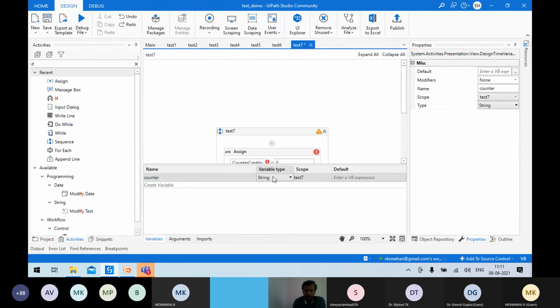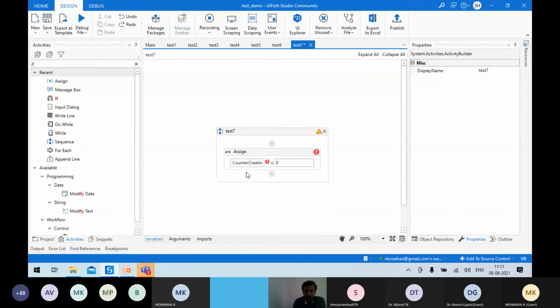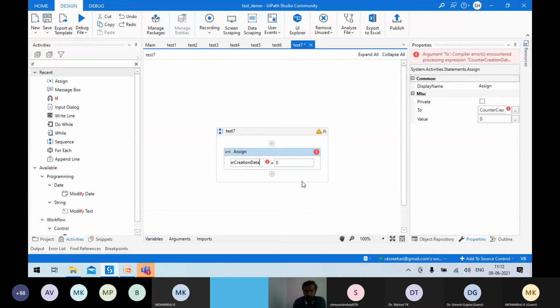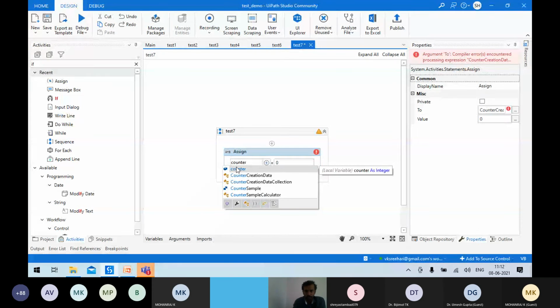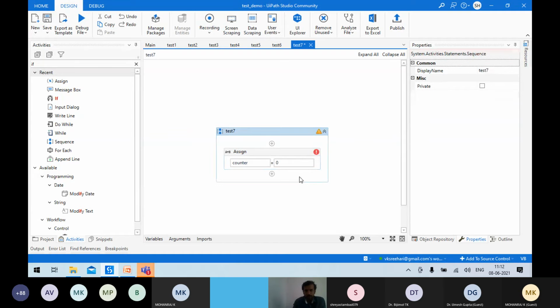It's going to be an integer. So you just assign an initial value for the variable counter here.